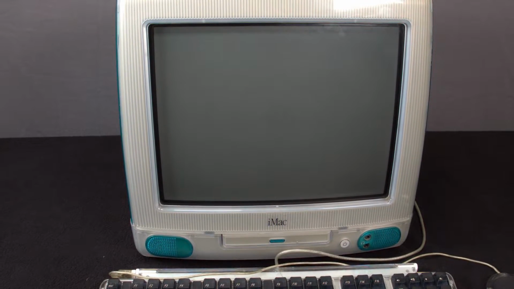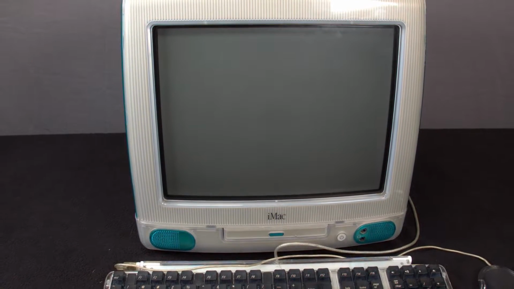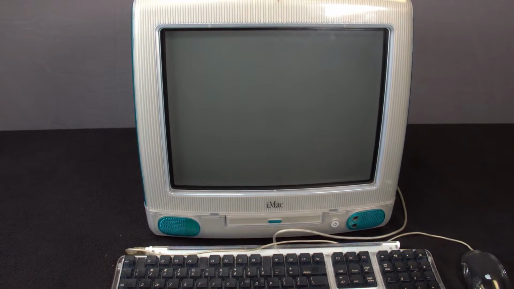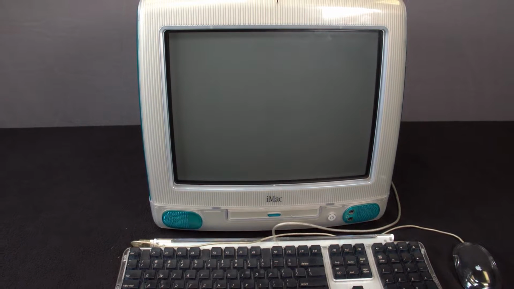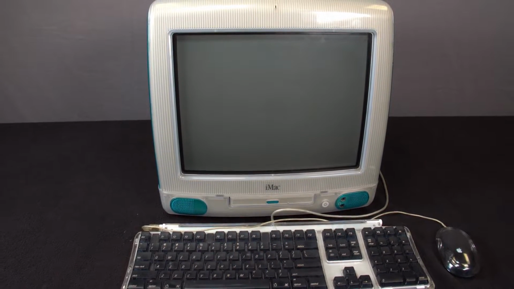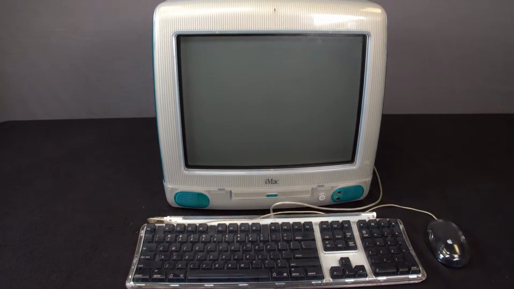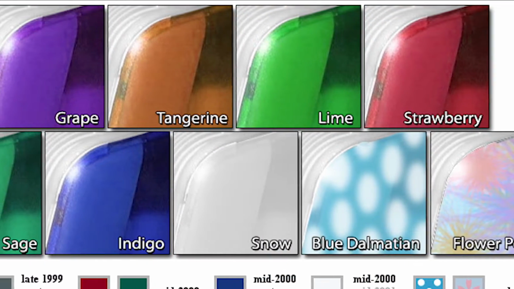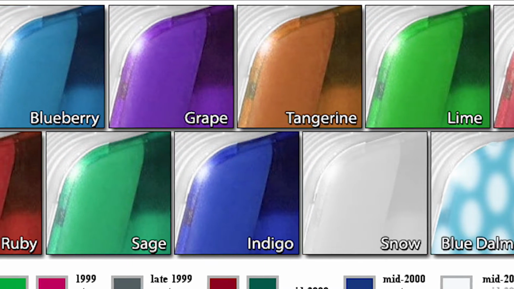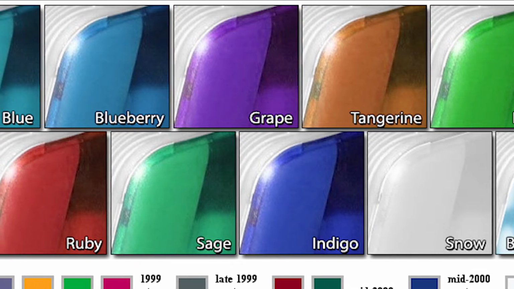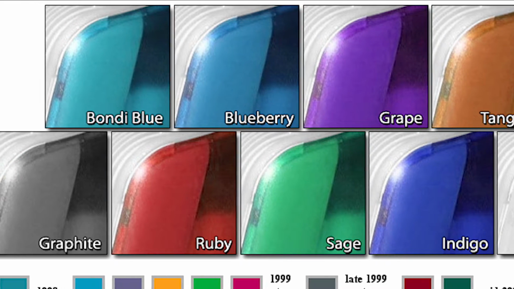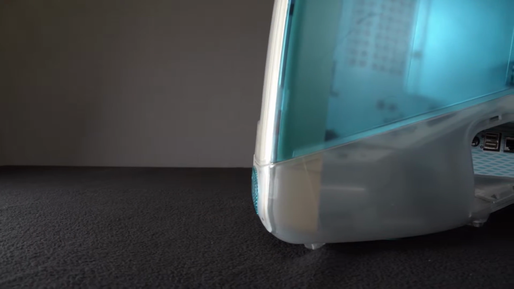The iMac was released in August 1998. It was a compact, all-in-one system with a 15-inch CRT monitor, a 5400 RPM ATA hard drive, 10/100 networking, and the option to add an Apple AirPort Wi-Fi adapter. The enclosure was surrounded by clear plastic and came in any of 13 different colors. Initially, Apple was criticized for many of the iMac's departures from industry standards, but the iMac proved to be a trendsetter in several important ways.